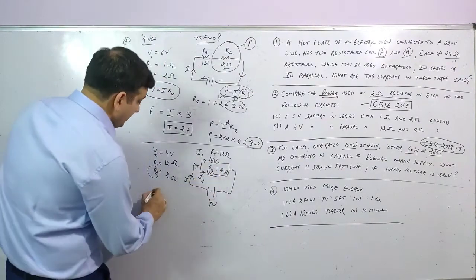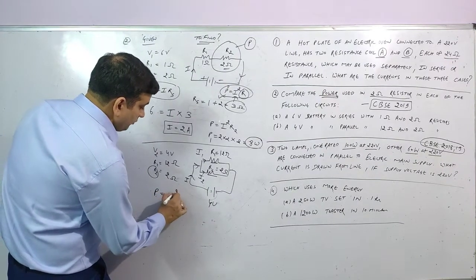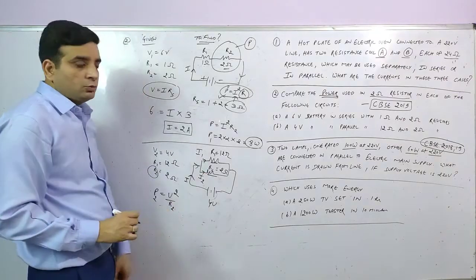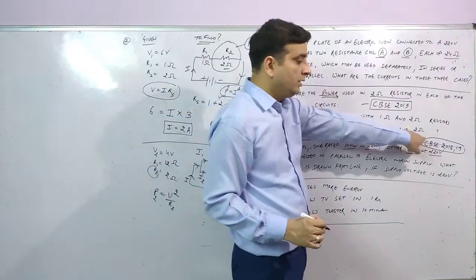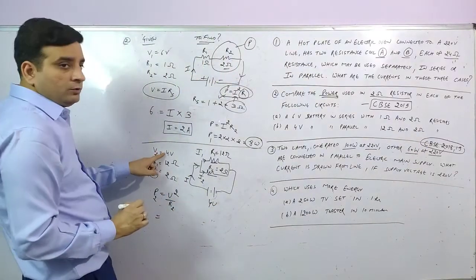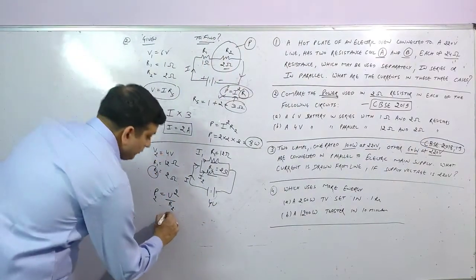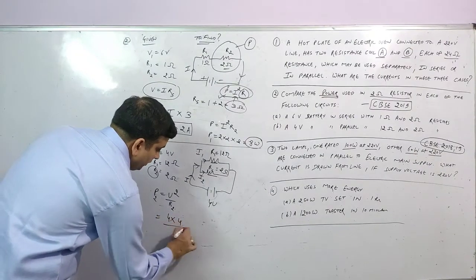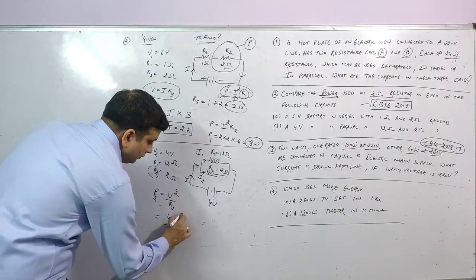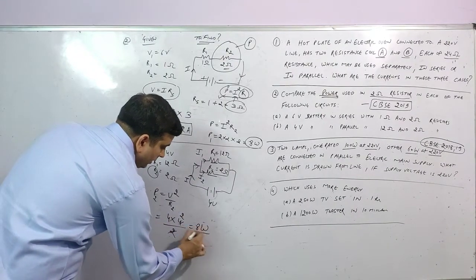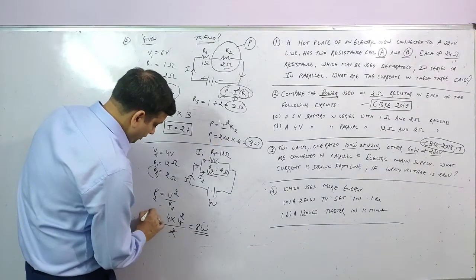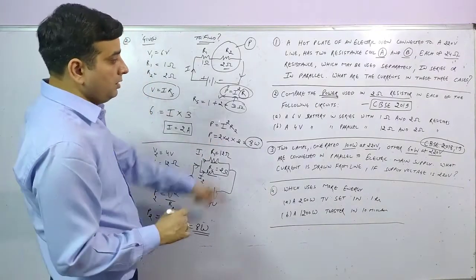4. So directly using P is equal to P2 is equal to V square by R2, क्योंकि हमको वहाँ पे उसने क्या बोला है? We have to calculate on 2 ohm. So what is the value of V2? 4 volt. So V2 square, 4 into 4. And what is the value of R2? 2. 8 watt. So P1 is equal to 8 watt, P2 is equal to 8 watt, and we have to